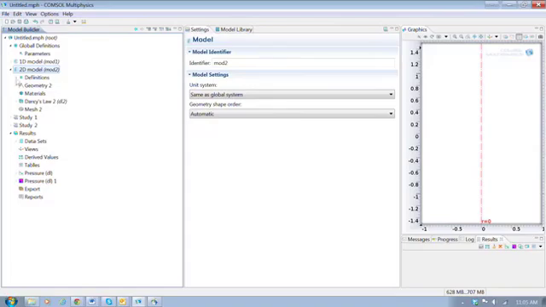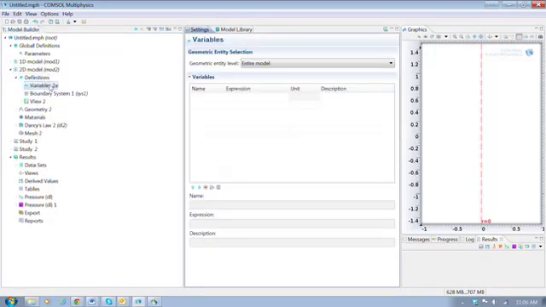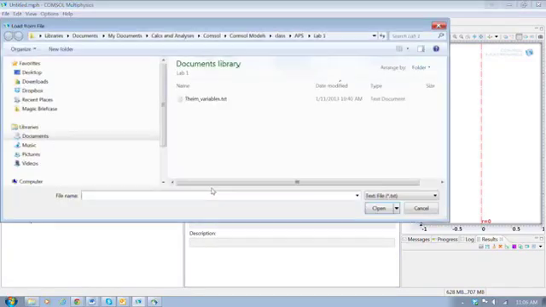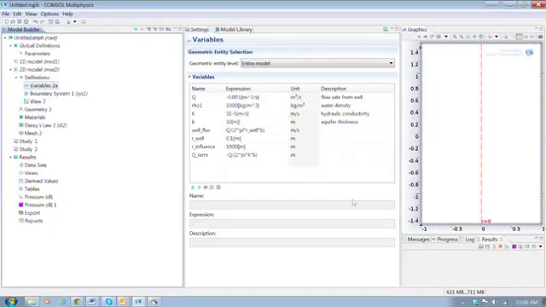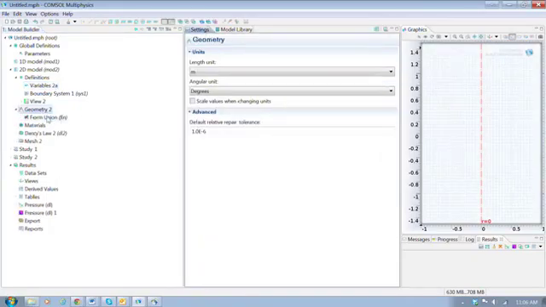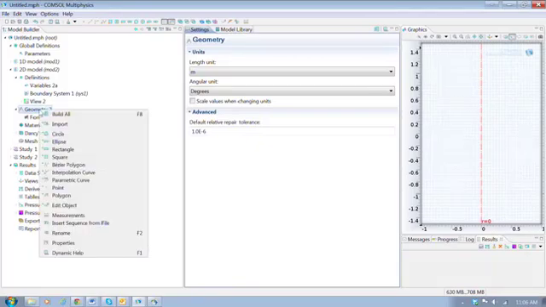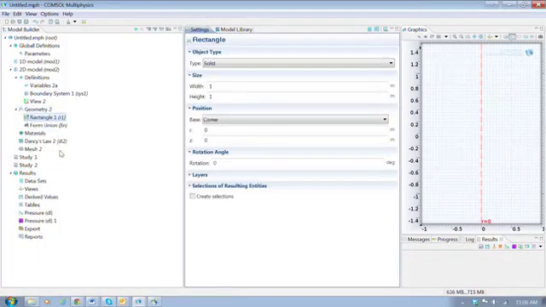Okay, so the procedure is much the same. We're going to put in some variables, and we'll use the same file that we used previously. So we import them, and the next step is to put in a geometry. And in this case, instead of a line, it'll be a rectangle. This aquifer is 1,000 meters in radius and 10 meters thick. So the height is 10,